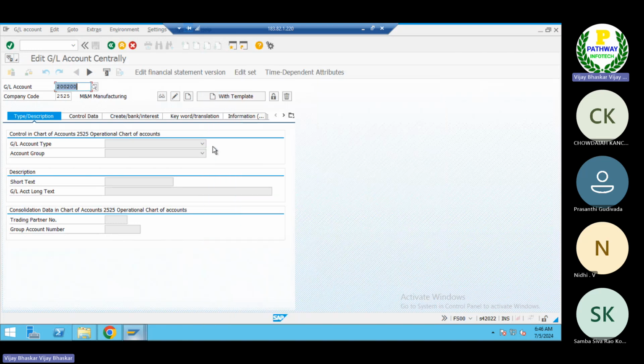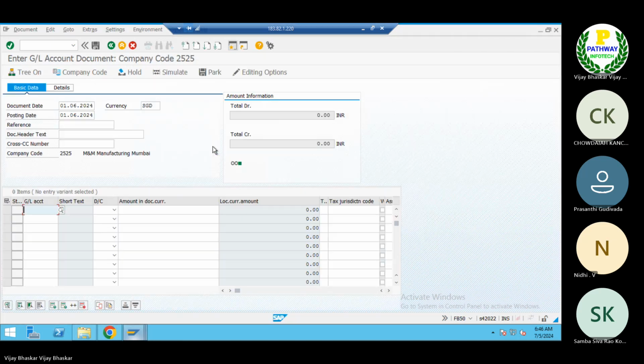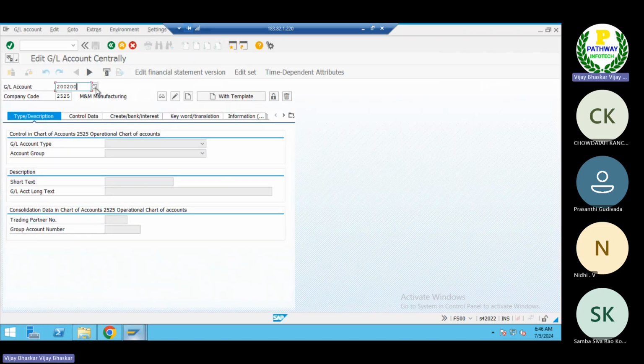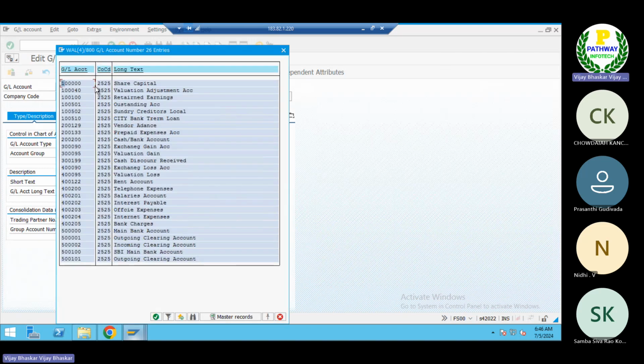Okay, let me select this account, 200. This GL account is a debit. Let me enter the amount: 1 lakh Singapore dollars. Let me enter that. Accounts are very important here.